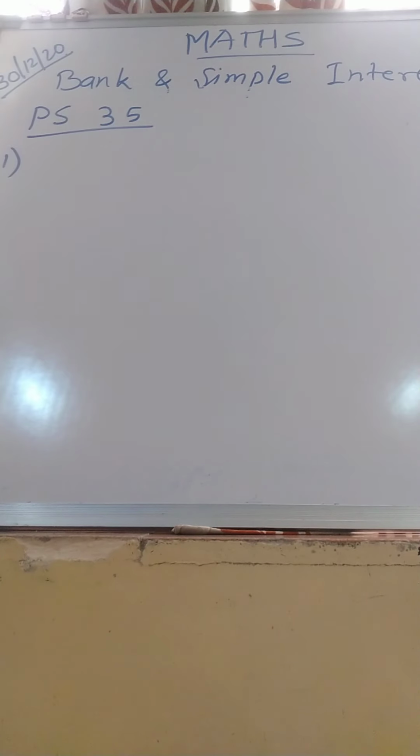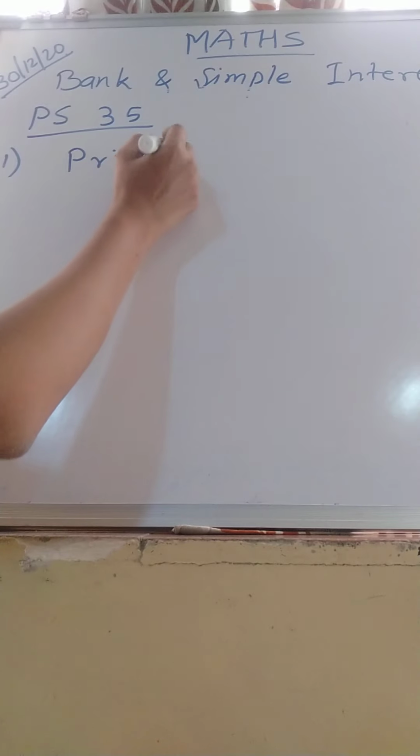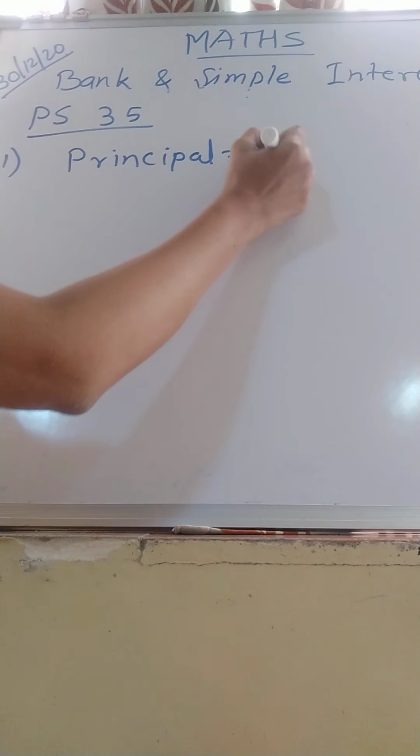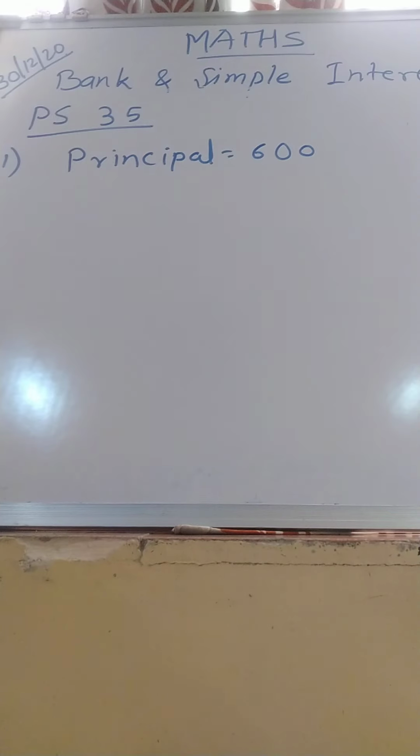At a rate of 10 PCPA, meaning percent per annum, of rupees 100, what would be the interest for 1 year on 600 rupees? Now in this case, when you are solving any sum regarding simple interest, you write all the given data from that problem. So principal amount means what? The basic amount is given, 600 rupees, right?